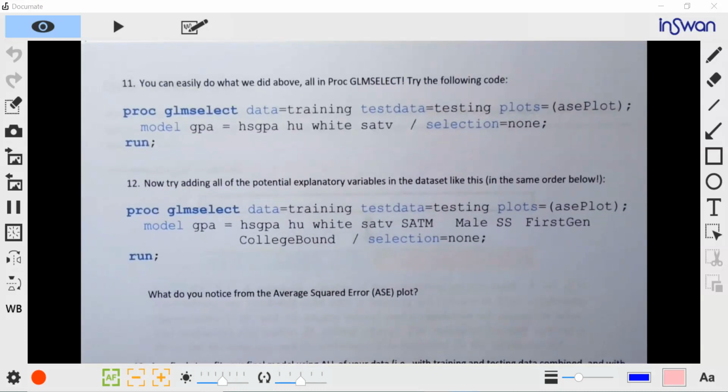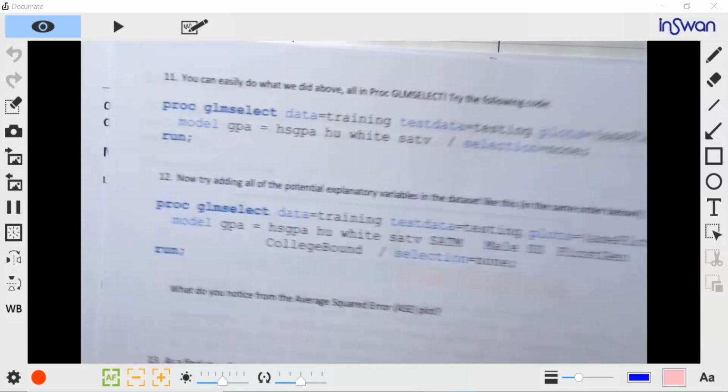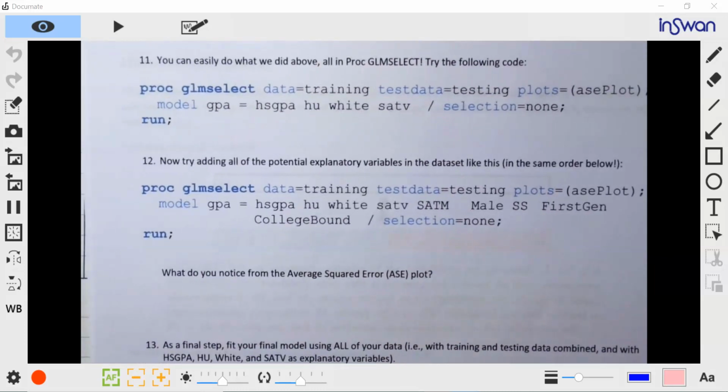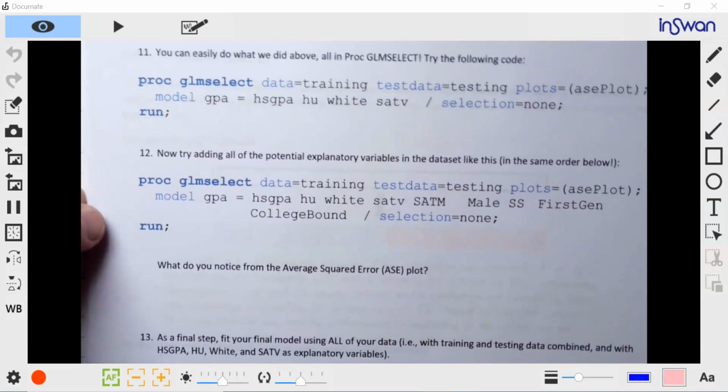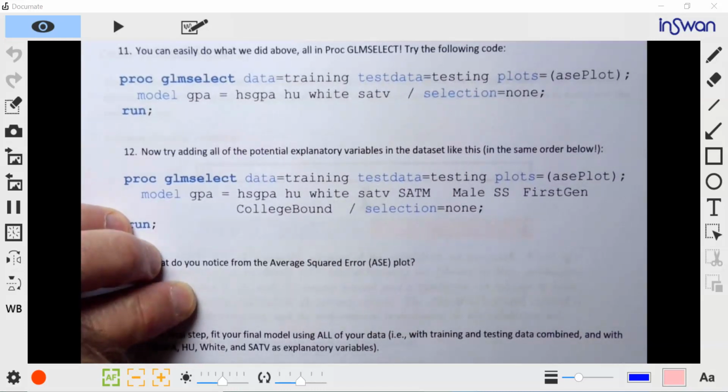Okay, so now we've done two different models, one with SATV in and one without SATV in, and it turns out that we can actually do everything that we just did sort of by hand. We can do it with PROC GLMSELECT. PROC GLMSELECT is a fairly new procedure in SAS, and I'm still learning all the capabilities that this procedure has, but it's pretty powerful and pretty cool, as you'll see. So if I run this